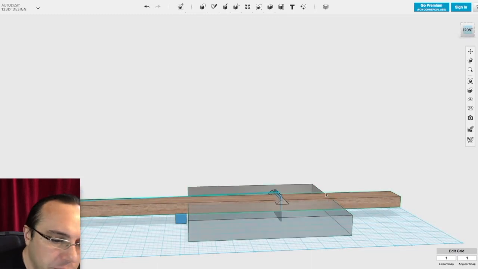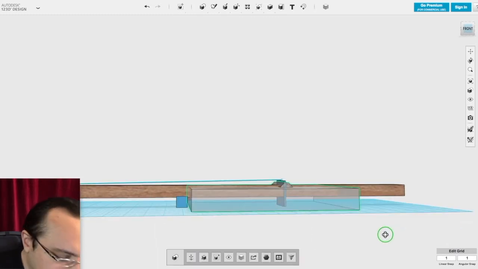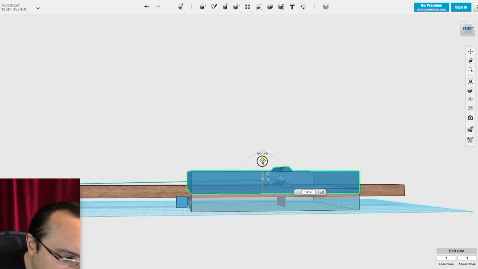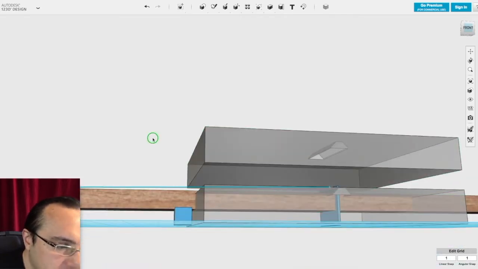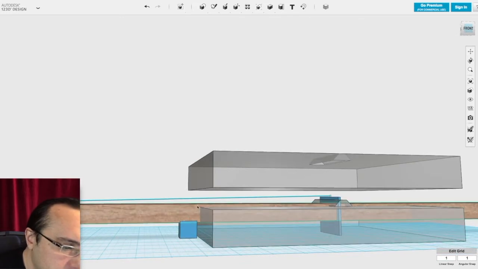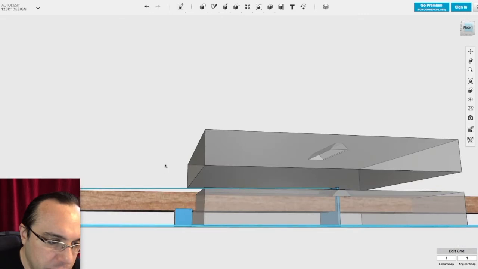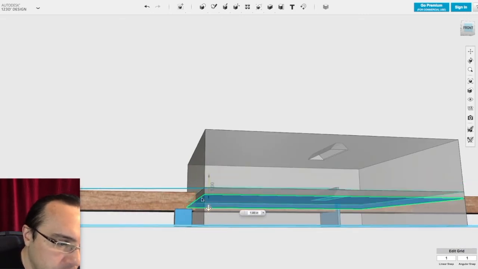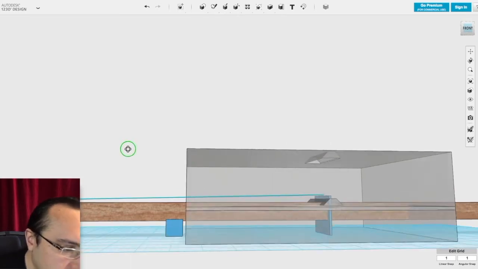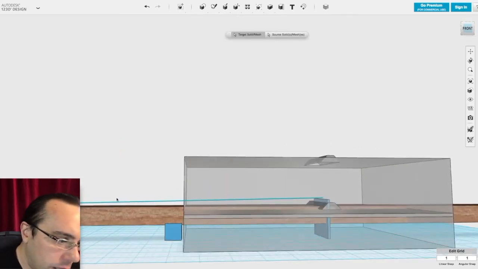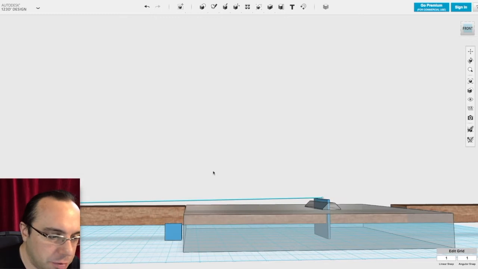And we know that we have to notch this out for the body. So what I'm going to do is just copy paste our body and use that to cut our wood. Now I'm not sure how thick the top is, but we can always adjust that. And I'm going to push that down to where I think is reasonable. That looks about right. And then I'm going to select the neck and subtract this floating body from it to